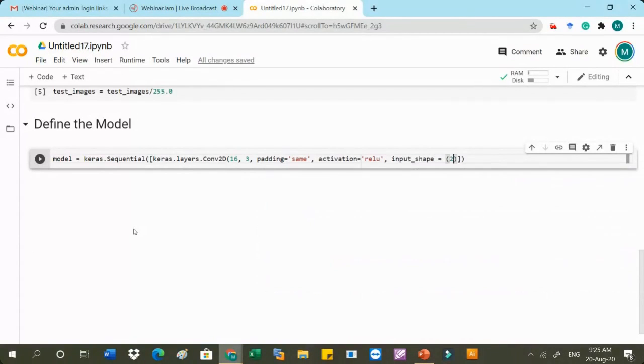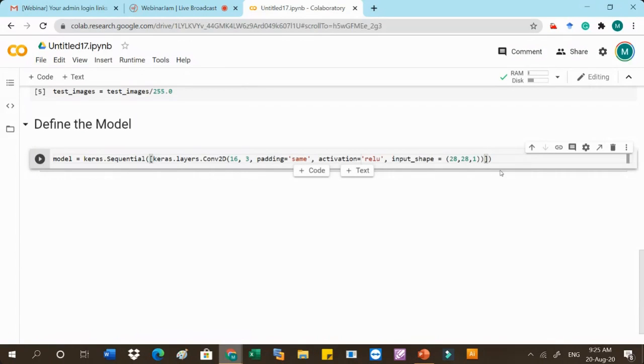We are going to use 28 by 28 by 1. This is only done in the first convolution layer. So here we are using 16 filters of convolution 2D, each filter of size 3 by 3. The number of channels is 1. Padding will be same, and activation we are going to use ReLU. Then input shape is 28 by 28 by 1. Now it is clear to you.